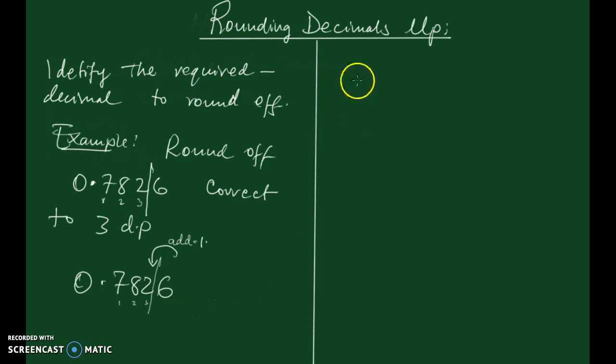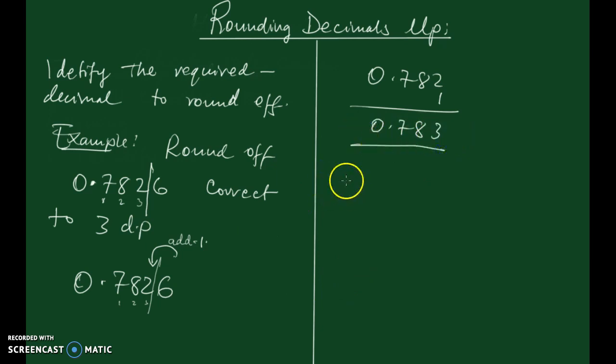So this becomes 0.782 plus 1, which gives you 0.783. Now, no more numbers to the right, so it ends there. So this is our final answer. For example, if we take number 2 now quickly, like round off